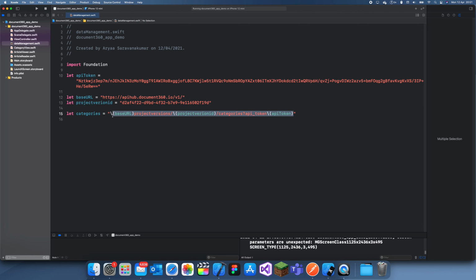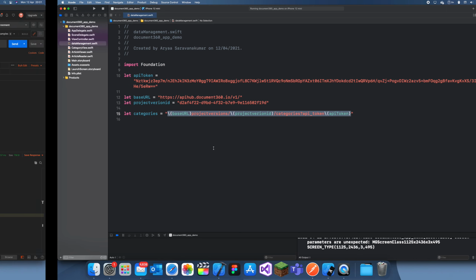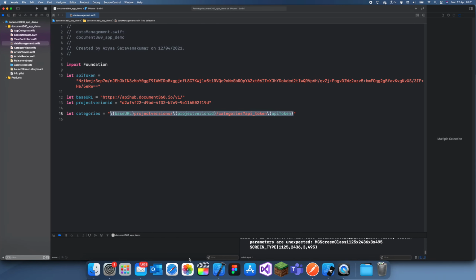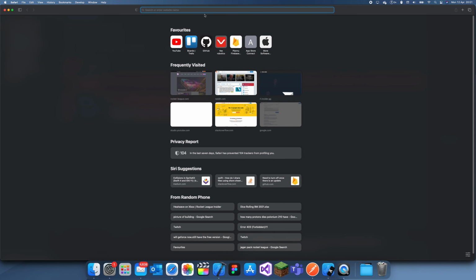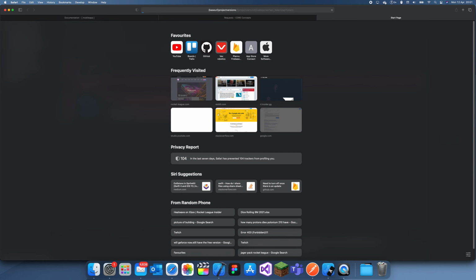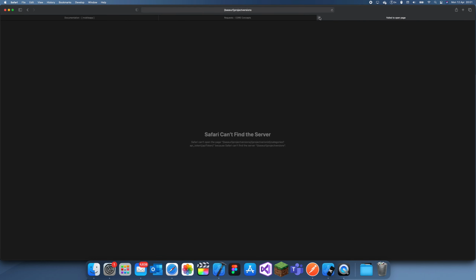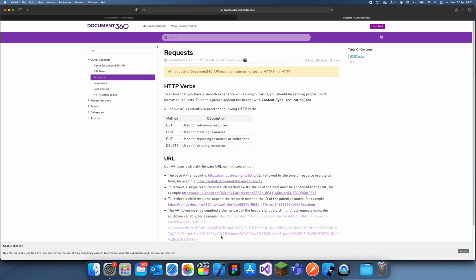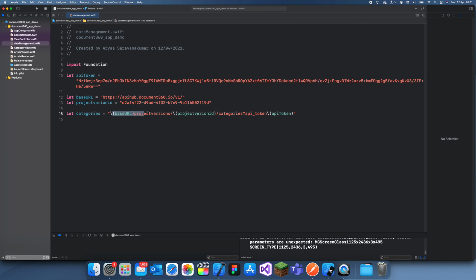But you'll see if I copy and paste this, I can just do this in Safari actually. If I just paste this in here, it won't work. Oh wait, actually no, that's not really going to work, because basically this won't work because the API token, you see, has a plus in it, and that doesn't really work in URLs because it usually has to be encoded. So what we have to do is use a header, and to do that